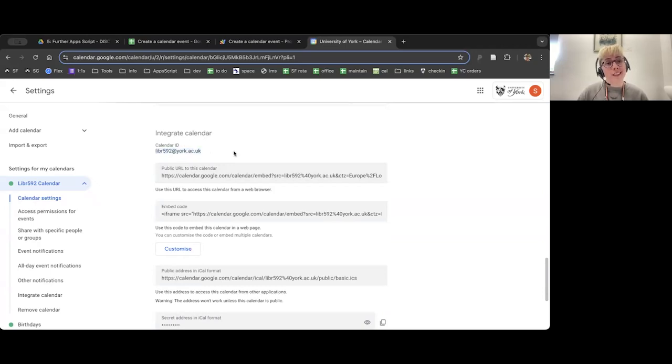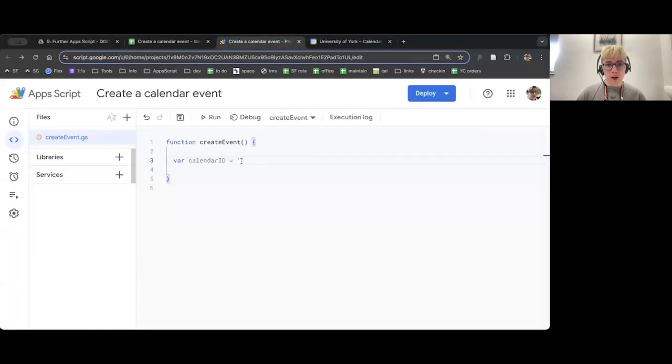If you've created a calendar in another way, it might be a more complicated looking URL, but that doesn't matter. All I need to do is go here, select, and then I'm going to do Control and C to copy, Command and C on a Mac, and then I'm going to paste into my quotes and end the line with a semicolon. So that's my calendar ID. That's the calendar I'm going to create the calendar event in. So the owner of the event.